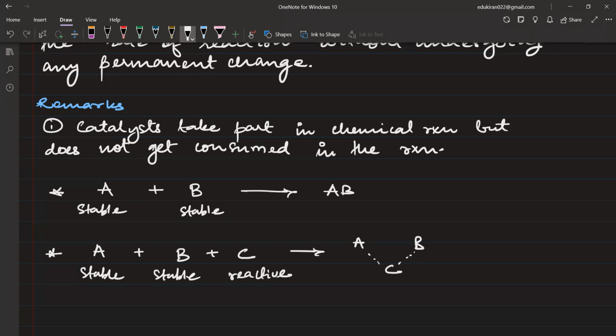Now what has the catalyst done? A and B, which were very stable, were not colliding or coming in contact with each other. They were very far away because of their stability. The catalyst is the thing that is going to bring them together. Catalyst has made a bond like this. Now, when A and B are near each other, the chances of bond formation increase highly. And as this AB bond forms,